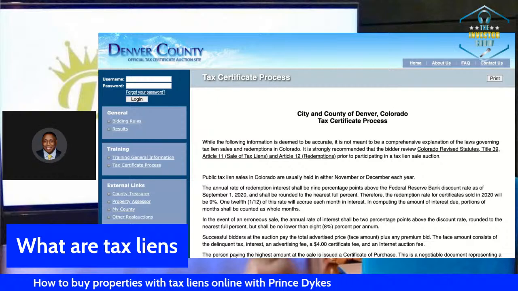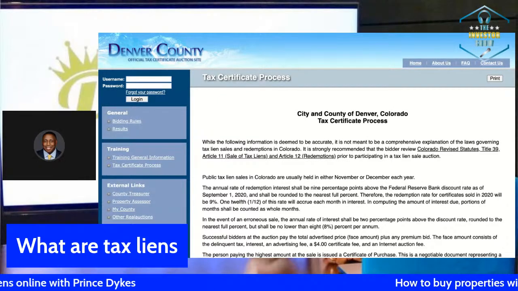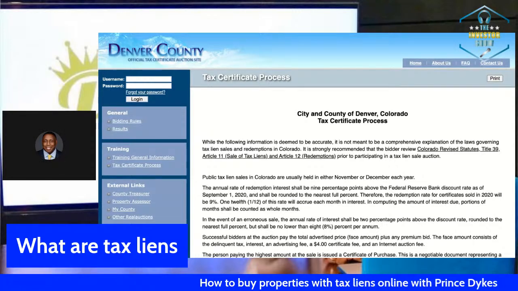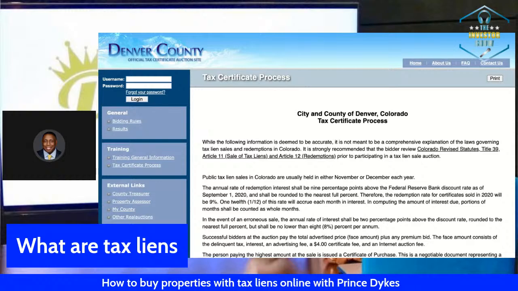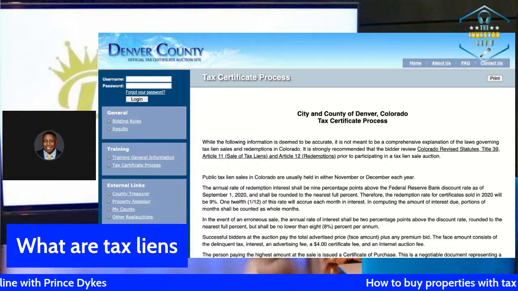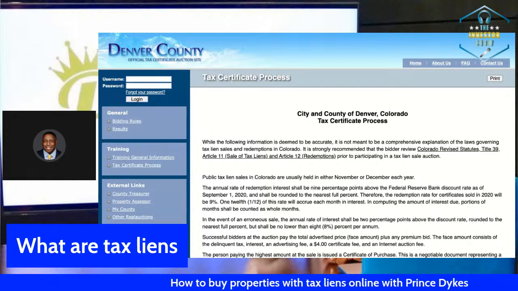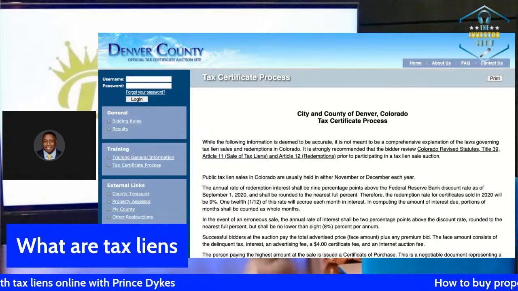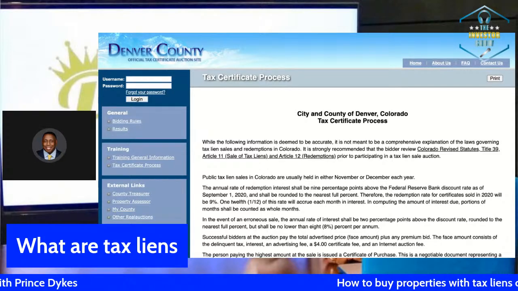I love to tell everybody in this world, you will never own anything. People say, Prince, what do you mean? I own my house, I own some land, but guess what happens if I don't pay the property tax? The state or the federal government, depending on which it is, is going to issue a lien. A lien is going to be placed on it, they're going to sell the lien, and they can take the property back from you if you don't pay your property tax. So you've got tax on everything.